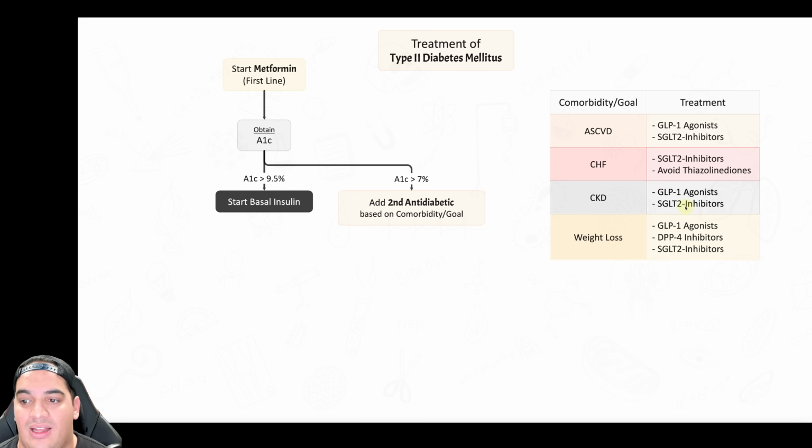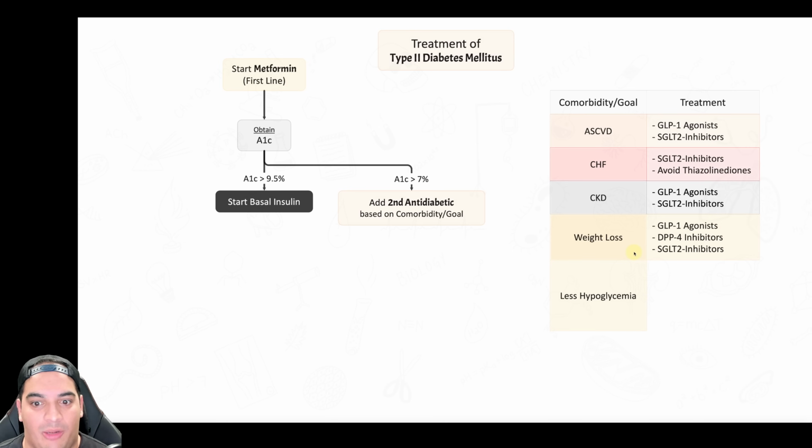If it's CKD, this one. And if it's weight loss, it's this one. So you notice a trend. The most commonly utilized ones here as a second line agent are GLP-1 agonists or SGLT2 inhibitors, and maybe a DPP-4 inhibitor. The other one is if you don't want to have a lot of periods of hypoglycemia, because these